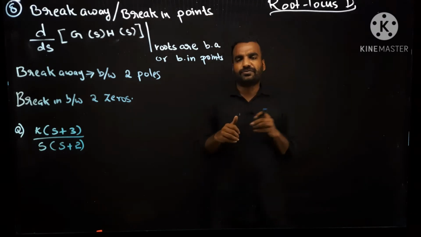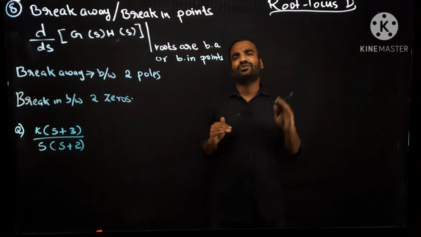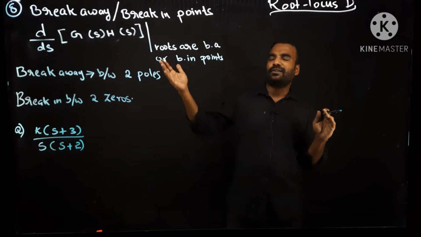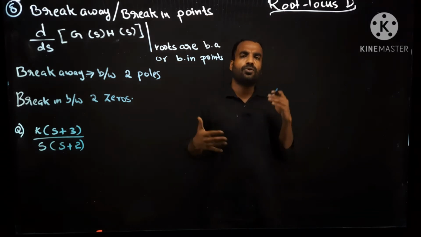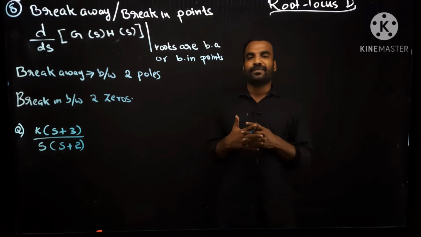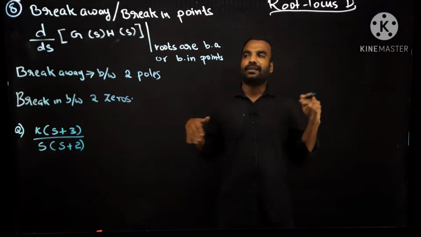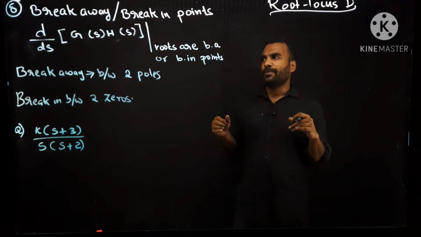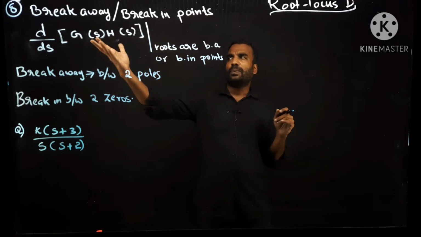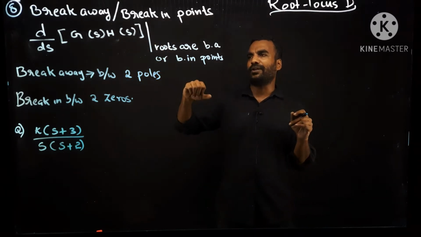In the last class we also did a small simple problem where many rules were not arriving, but from here onwards we are moving to some more complex rules. Still, root locus is very interesting. If you get the concept, you can easily sketch the shape and then do the calculations. Now, rule number 8 comments about breakaway or break-in points.